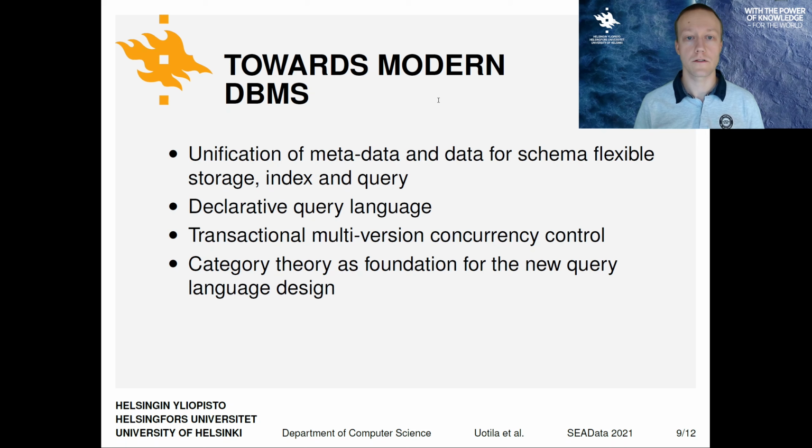All of the proposed features and properties make multimodal databases more complex. This creates an urgent need for a better theory to formalize the systems. Relational algebra and relational databases are based on set theory. Set theory certainly would work here as well, but most probably its notations and reasoning would be heavy and theoretically difficult to manage. Thus, we propose category theory as a foundation for a new query language design. Category theory could create a foundation to model query processing and transformation frameworks for modern databases.